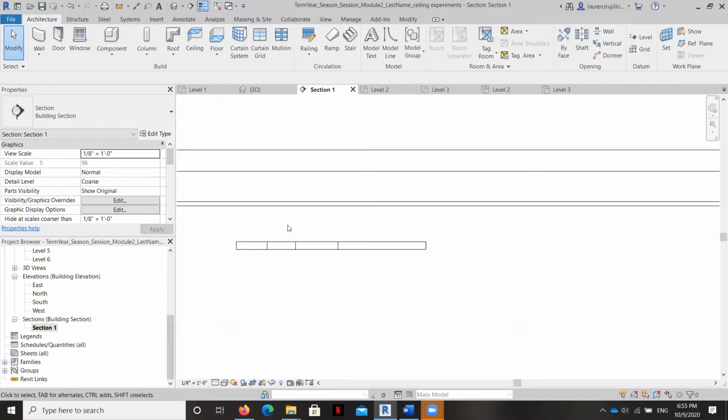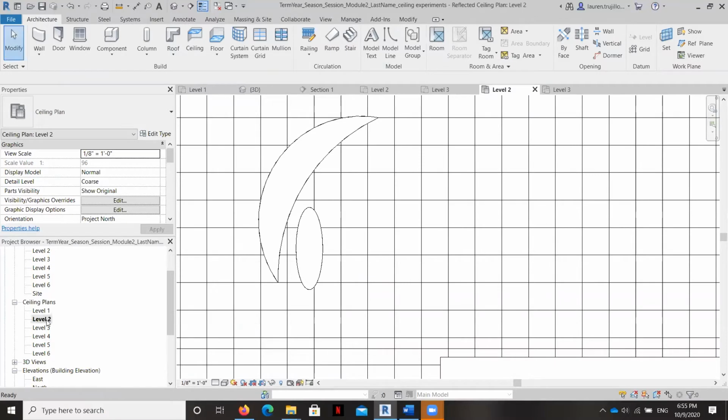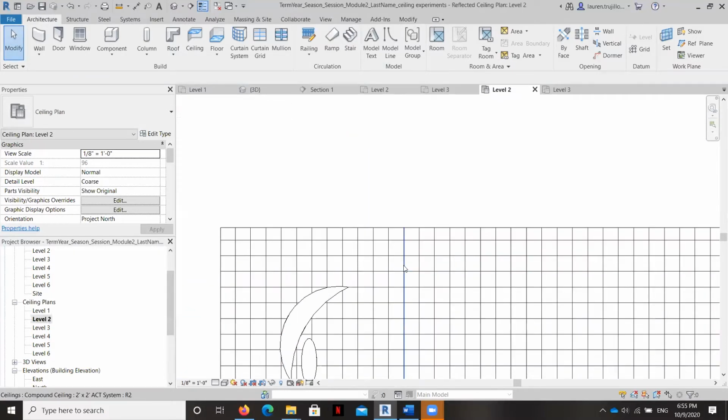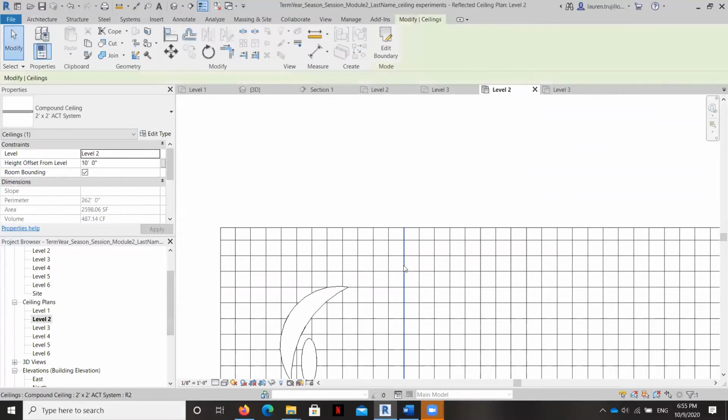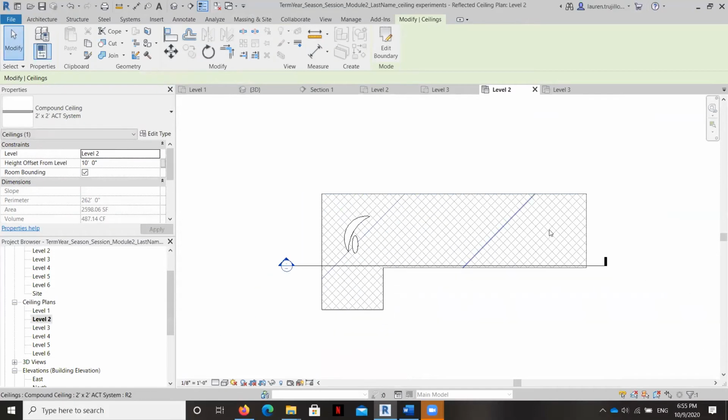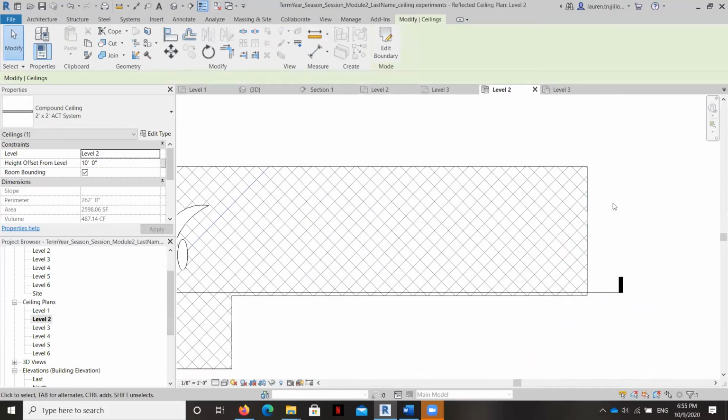But for the purpose of an interior designer, if you just wanted something for design intent, it would still look really good on your reflected ceiling plan to have that nice shape there. You can also grab this vertical member and rotate it, let's say 45 degrees, and that is how you create the ceiling at a 45-degree angle.